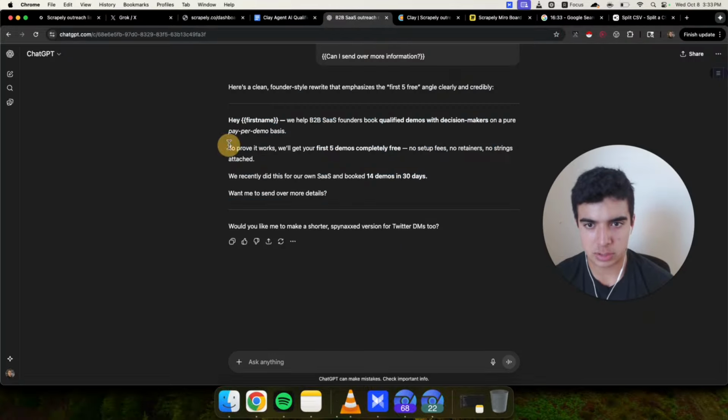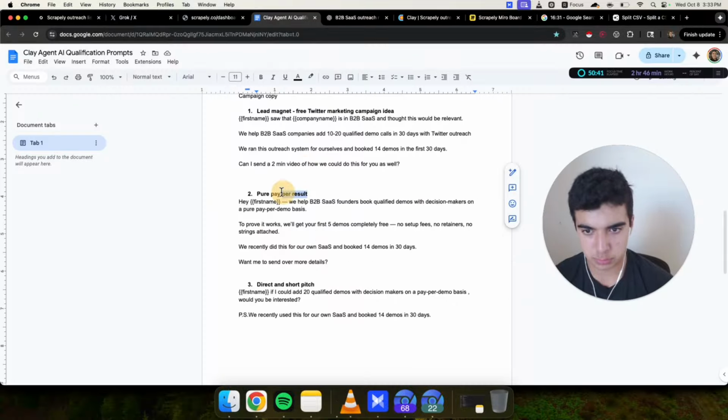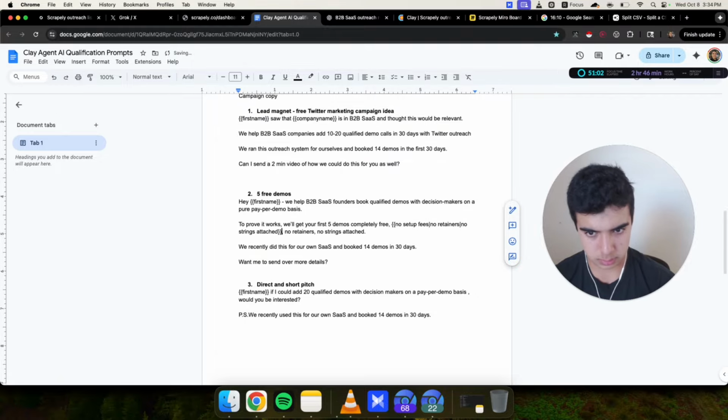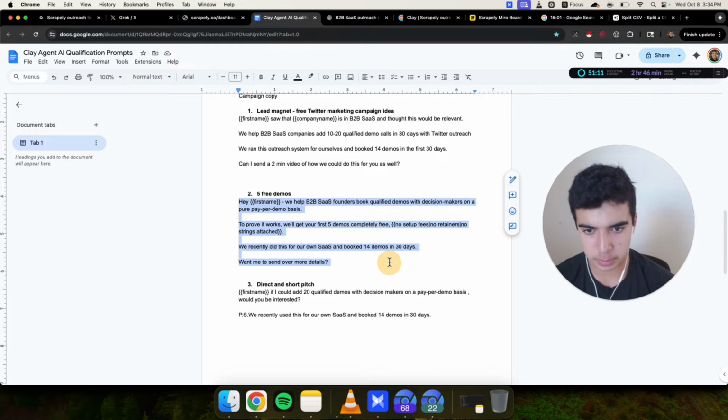Yeah, I just went into ChatGPT and rewrote this, so it's literally just the first 5 free demos. No setup fees, no retainers. And then you can just spintax this: no setup fees, or no retainers, no strings attached. Or just remove this to make it as short as possible. Recently did this for our own SaaS. Yeah, and then you can just spintax this a bit more by just saying,